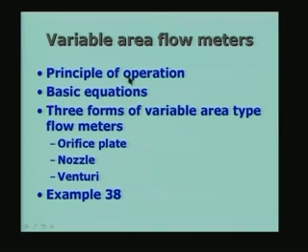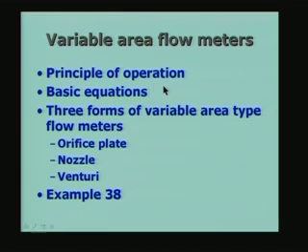So, we look at the principle of operation of variable area flow meters. Basically what we do in the variable area flow meter is to deliberately create a change in the area of the duct through which the fluid is flowing, mostly circular pipes. Because of the change in the area, the velocity of the fluid is going to undergo a change. Because of the change in the velocity, there will be a change in the static pressure, and we measure the static pressure and relate it to the flow rate which is being measured.